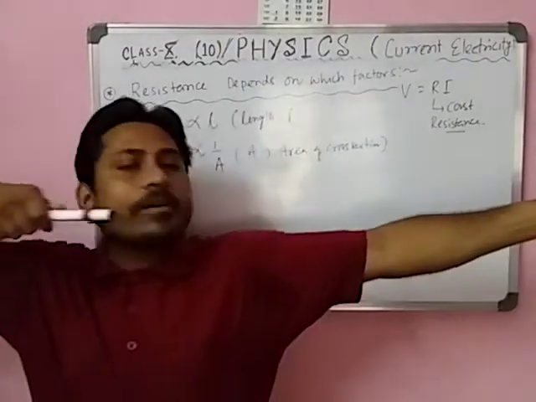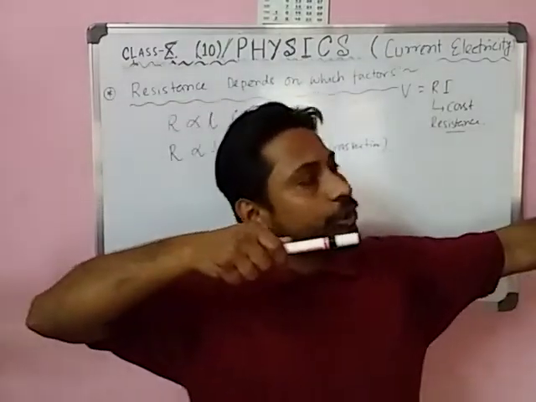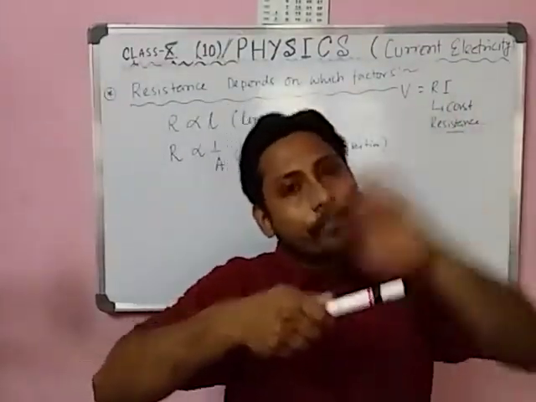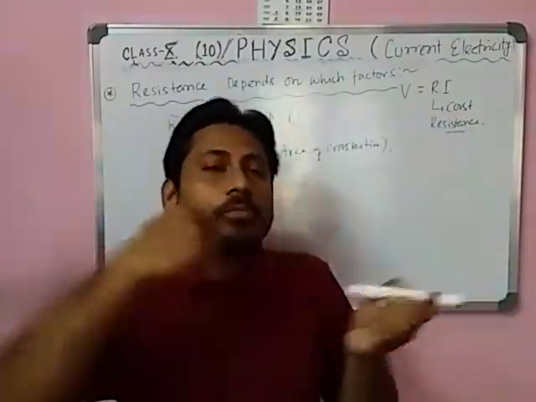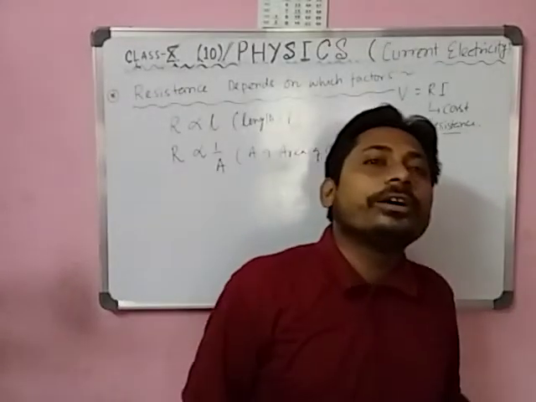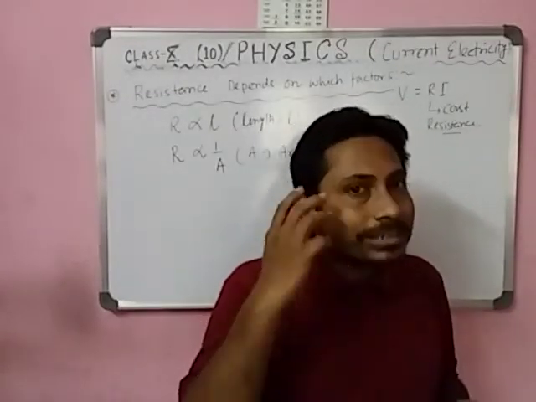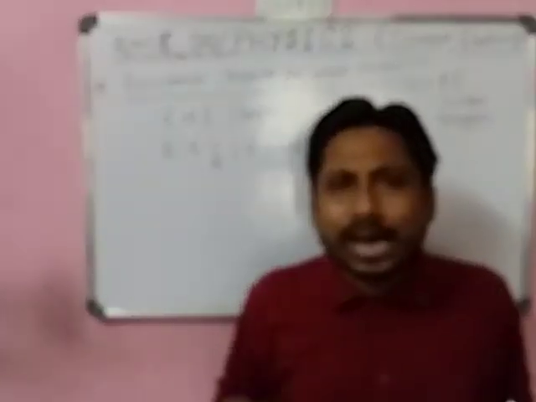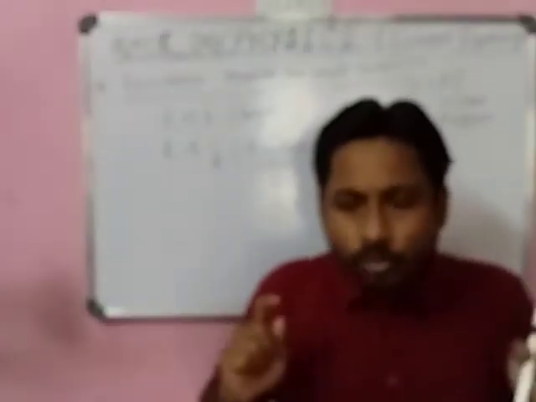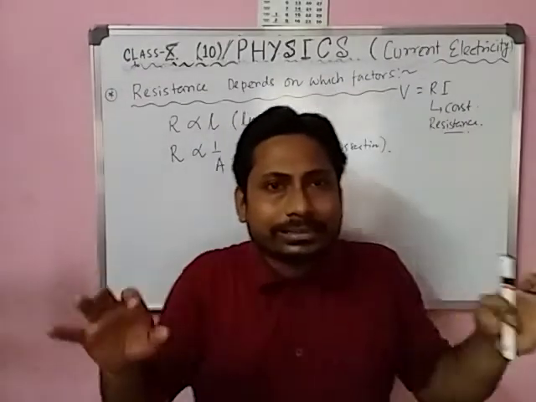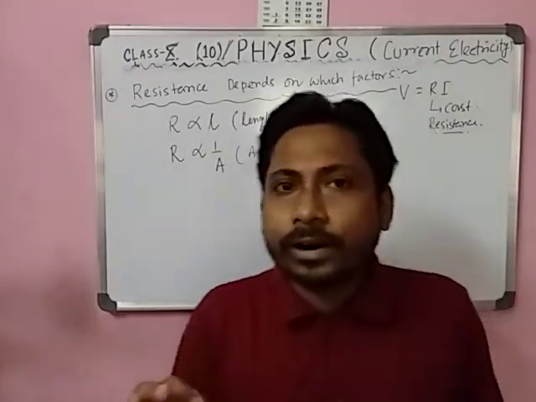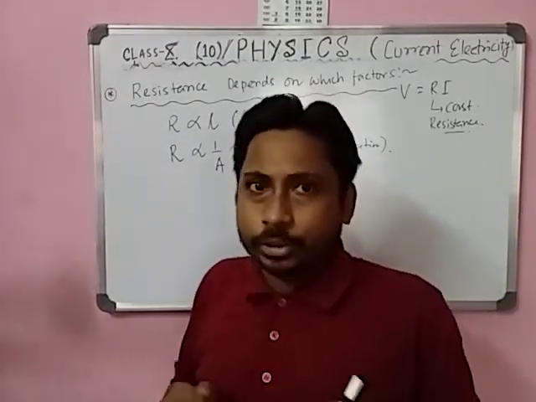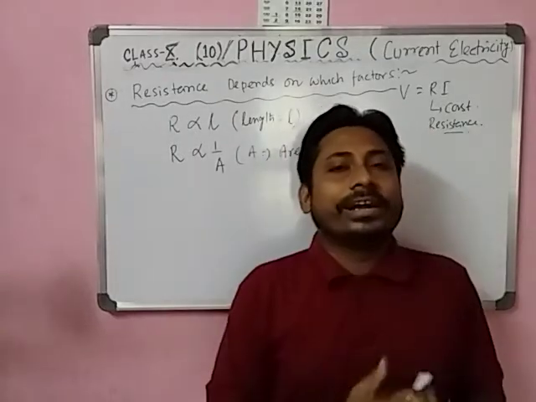If you increase the length of the wire, then the crowded portions of electrons increase more and more, which gives the electrons more and more obstruction. So actually that increases the resistance of the wire. We can get a practical idea from this. Students, whenever in the lab you connect a circuit, you always prefer a short wire instead of a long wire, so as to minimize the resistance.